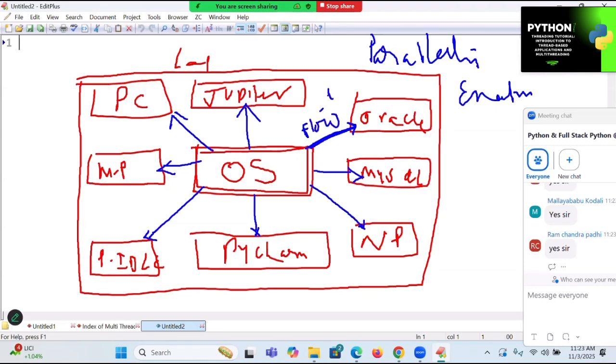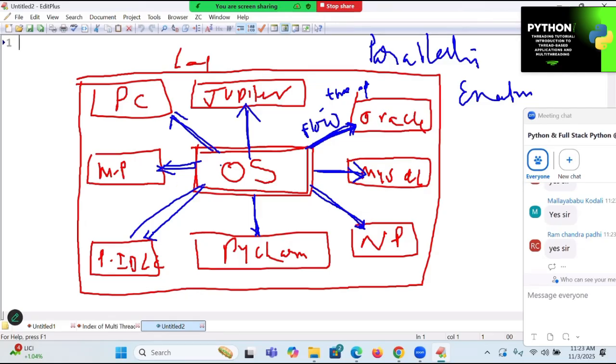This flow is known as a thread. All of you spell out once: thread. What is a thread? A flow of control created to provide the services to one activity is known as a thread. Another flow is created for another app, and like that, separate flows are created for all apps. These separate flows are called threads. So what is the thread definition? A flow of control is called a thread.